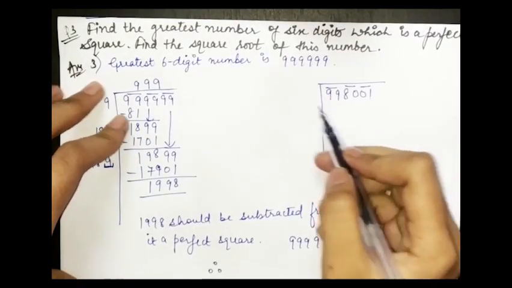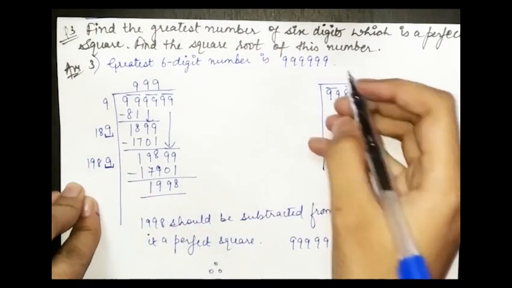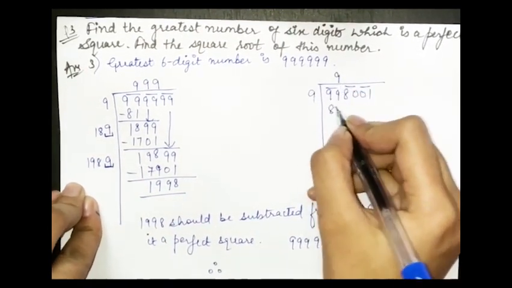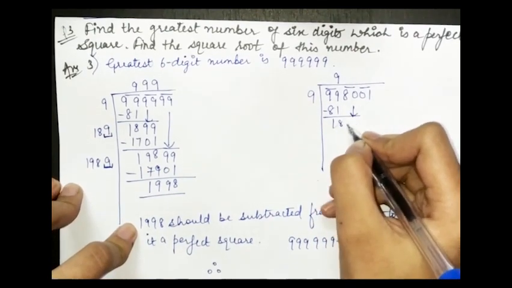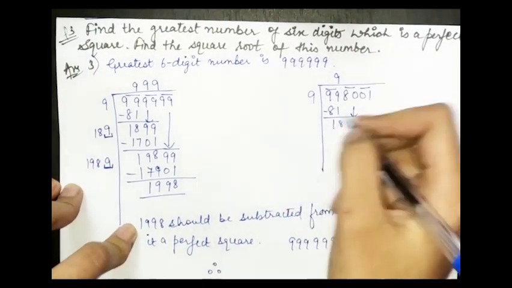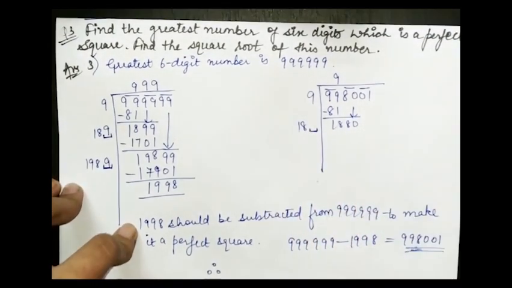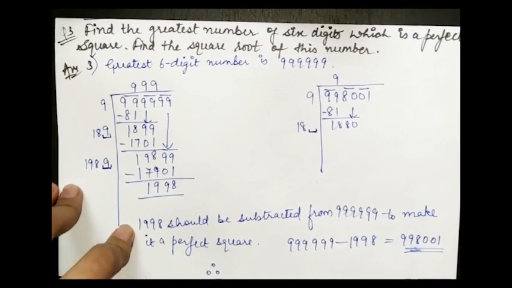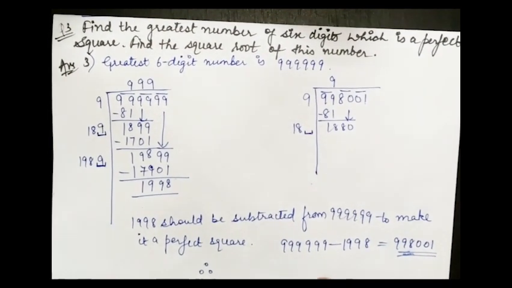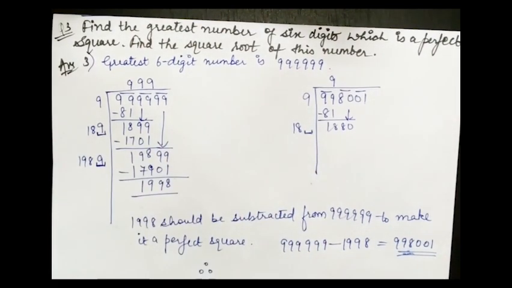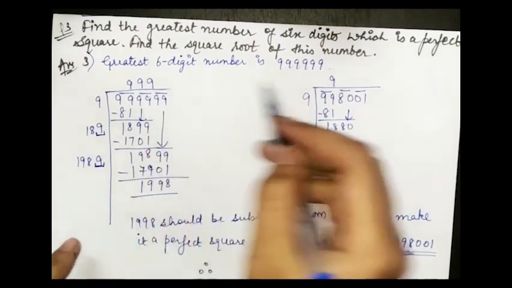So the number that is smaller than 99 is 9 only, that is 81, means 9 that is 81. Then the number will be 18 and 80. Now the double of 9, that is 18. Now we want one number that is divisible by 9 or should be 9. How will we be able to do that, whether this is correct or not? Means similarly this will come as 0 as remainder and the question will be same.